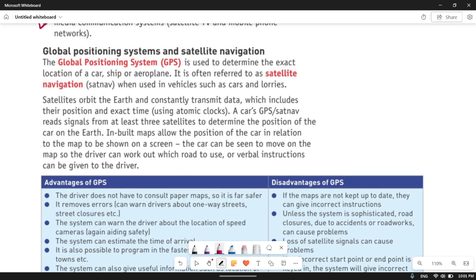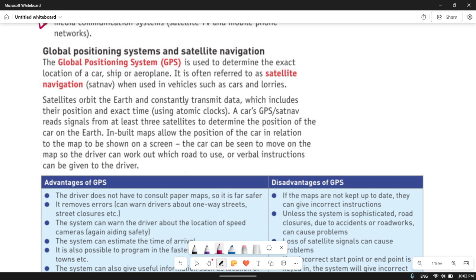So let's start with GPS. GPS basically stands for Global Positioning System. It's used to determine the exact location of a car, ship, or aeroplane, or in fact even you. You know, when you use Google Maps, right? What are you using? You're using GPS to find the exact location of maybe where you want to go or